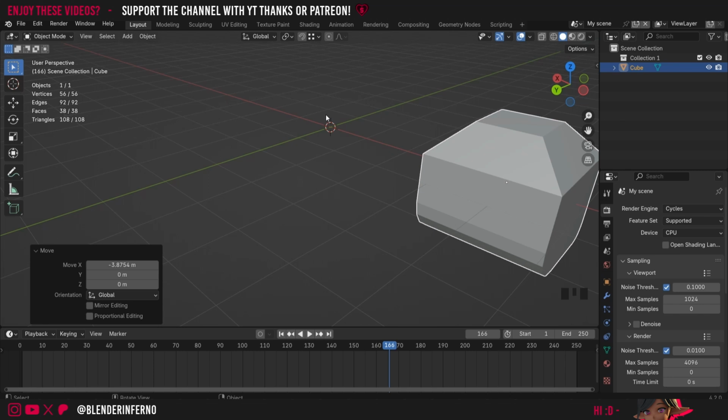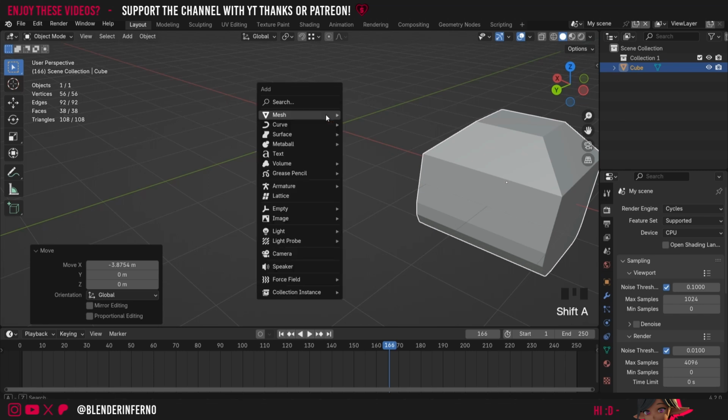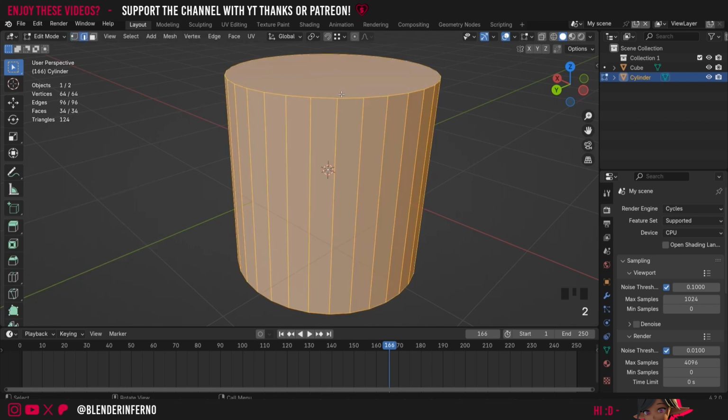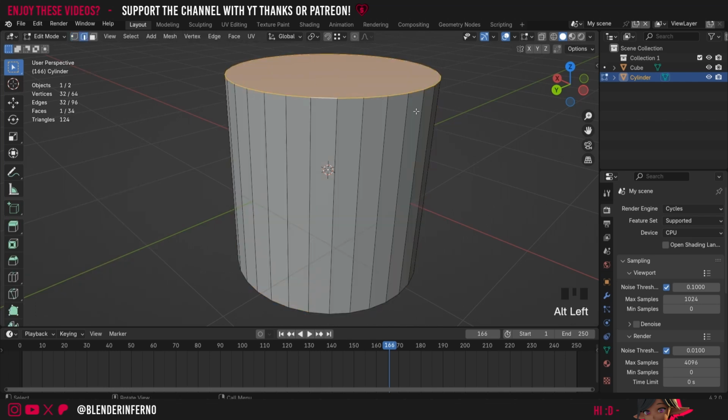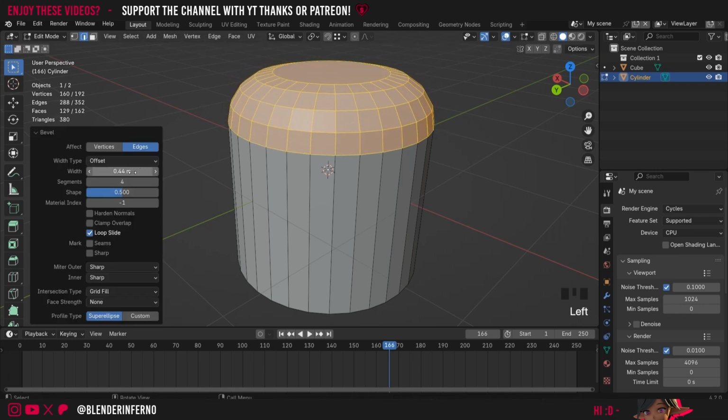Apart from that though, we're going to continue on with this bevel tool. So I'll press Shift A, and this time, under Mesh, I'm going to choose Cylinder. I'll press Tab to go into edit mode, press 2 on the keyboard to go into edge select mode, and I'm going to press Alt left click to select this top loop. I'm going to press Ctrl B again to create a nice bevel,